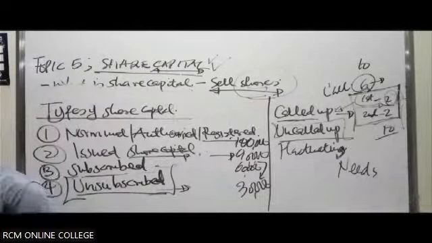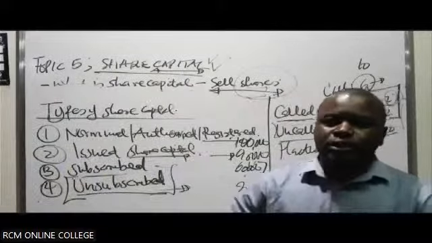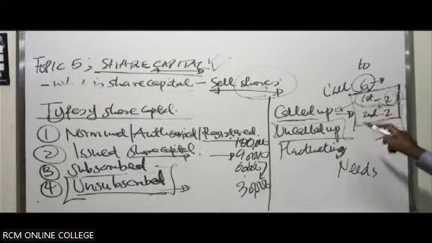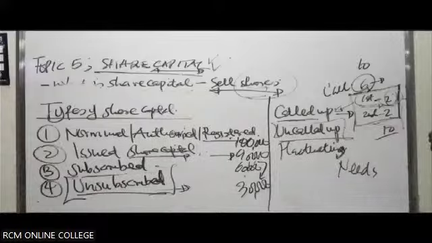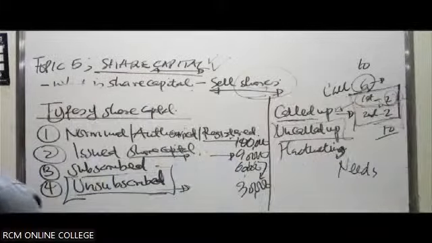Then once they are through, there'll be another need that arises. Maybe they now want to set up the machinery. They make another call. Then eventually, when they are finalizing, they want to acquire raw materials. So they'll make the second and the final call. The final call will enable them to bring in the raw materials and commence business.